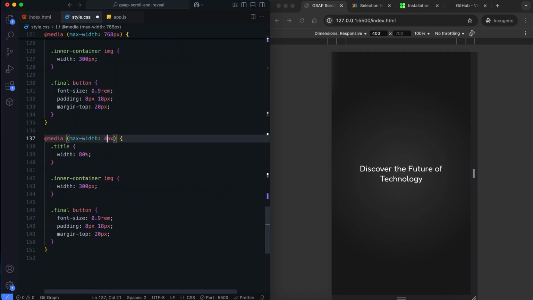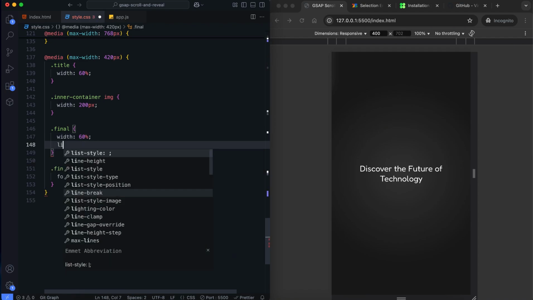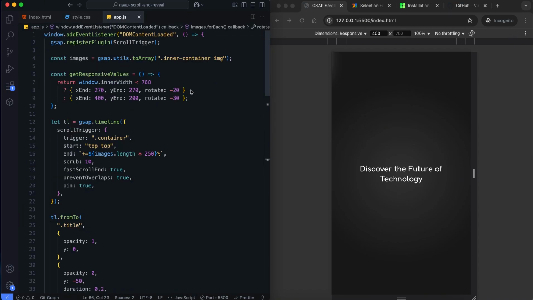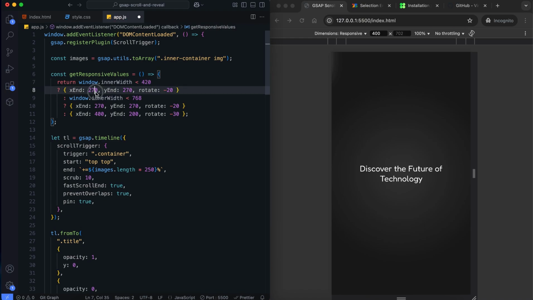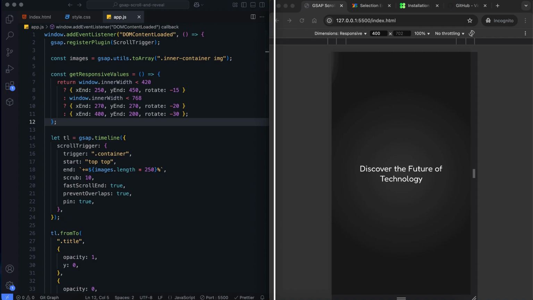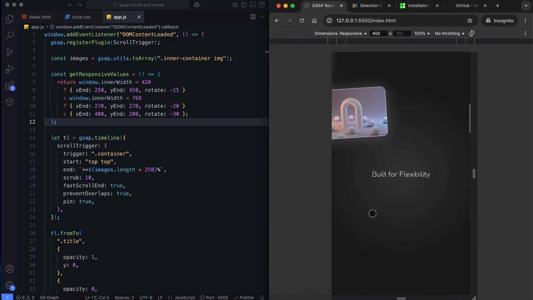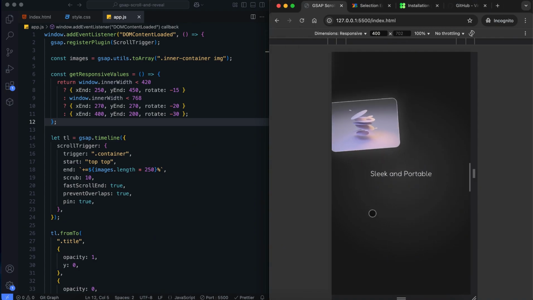We scale down images, reduce font sizes, and set button padding and spacing for mobile devices. This ensures a consistent layout across different screen sizes. With this function, the movement of the images will be adjusted based on the screen size. This way we made the animation fully responsive.